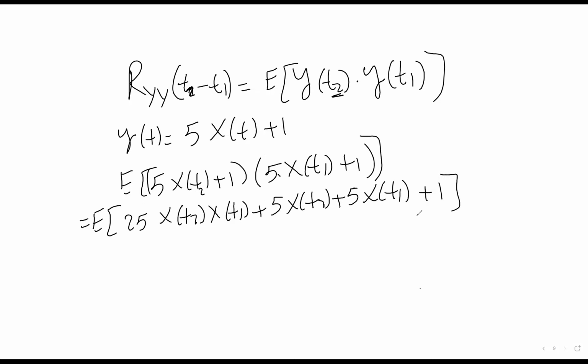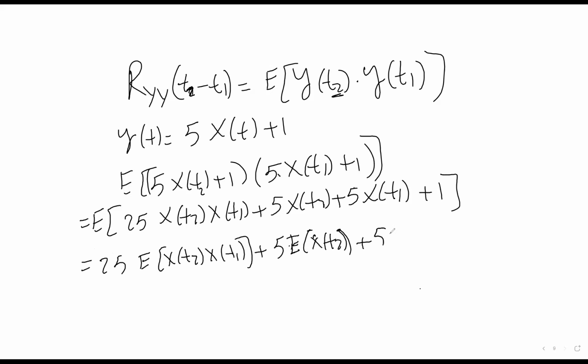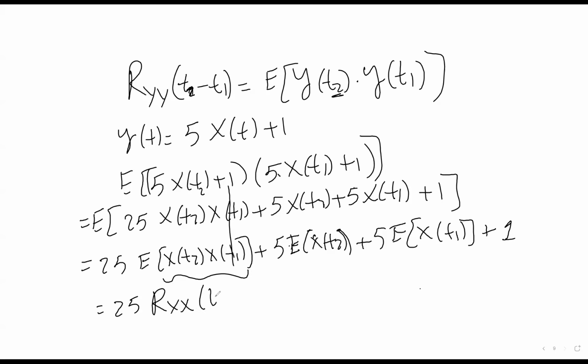I distribute the expectation inside. This will be equal to 25 times the expected value of x of t2 times x of t1, plus 5 times the expected value of x at t2, plus 5 times the expected value of x at t1, plus the expected value of 1, which is equal to 1. Okay, so you can see now this first term is nothing but the autocorrelation of x. So it will be 25 times r xx between t2 and t1,